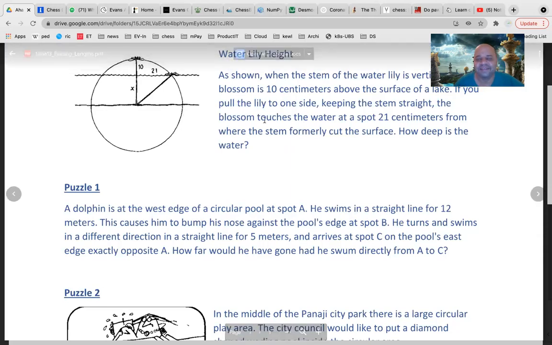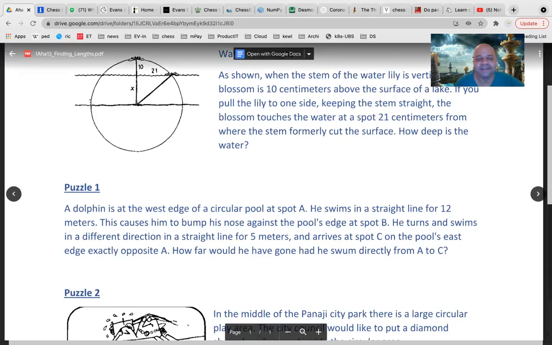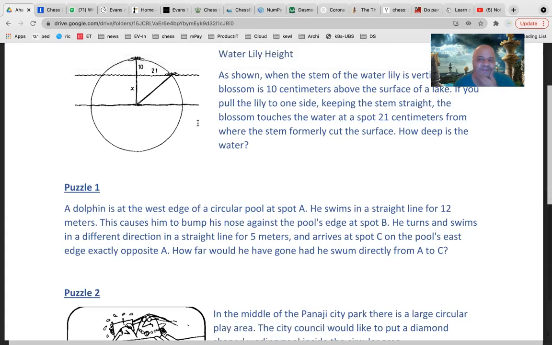Yes, sir. Is this theorem there in 9th standard that the diameter of a circle always subtends a right angle on the edge of the circle? Is this theorem there for you? No? Okay, so it is not taught, but it is a theorem. You can check it out also.